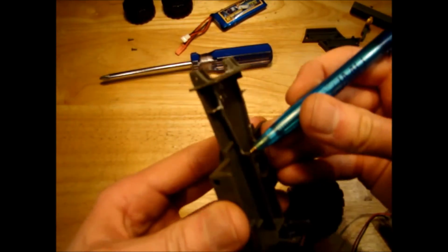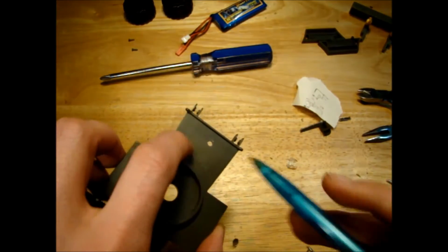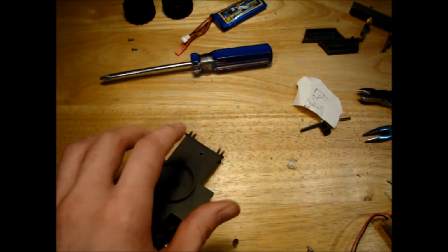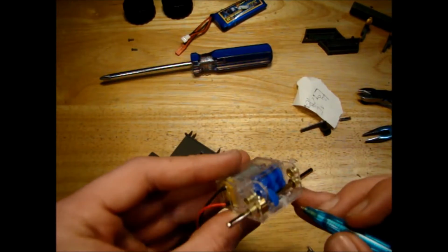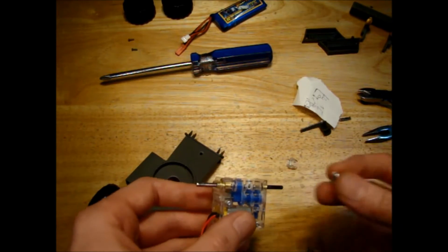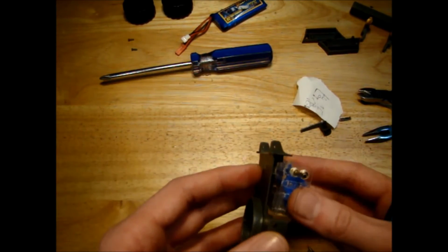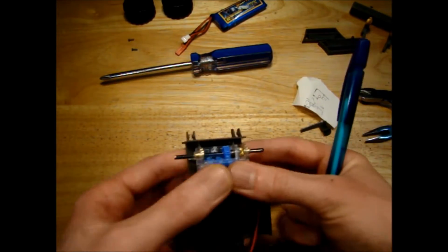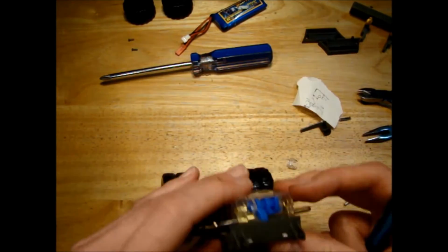You can see here that I've cut out this slot to let the motor in. I've also drilled a 3mm hole here, and I drilled a 2.5mm hole here, and I'm using this self-tapping screw to fix the motor in place. So the motor fits into the slot there, so it can't move forward and back, and